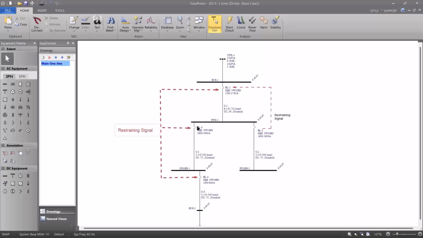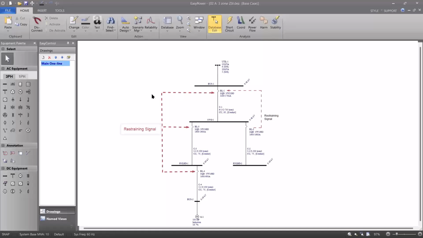If this breaker senses a fault and the one downstream doesn't issue a restraining signal, in other words, the fault happened on this bus or this breaker is broken, then this breaker will trip quicker because it's not restrained. So with that said, let me show the same